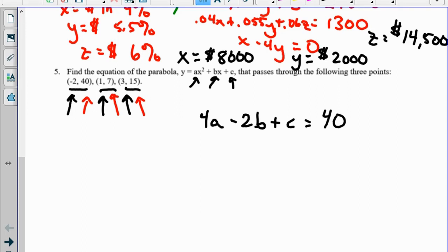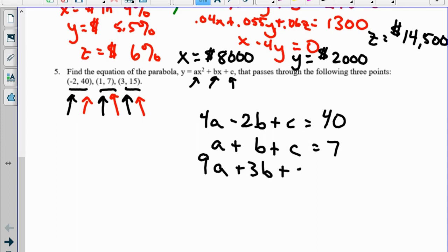Now I'm going to do it with 1 squared, because remember I'm plugging it in for x. 1 squared is 1. 1 is just 1, so 1b, and then c. That equals 7. And then finally, if I substitute 3 in, 3 squared is 9, plus b times 3, that gives me 3b, plus c equals 15. If I solve this system of equations, I'm going to end up getting a equals 3, b equals -8, and